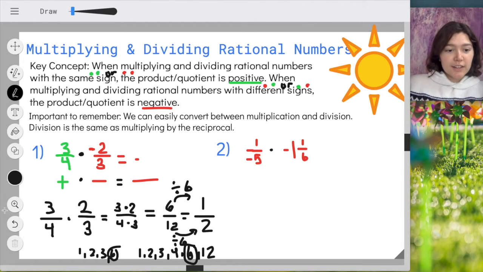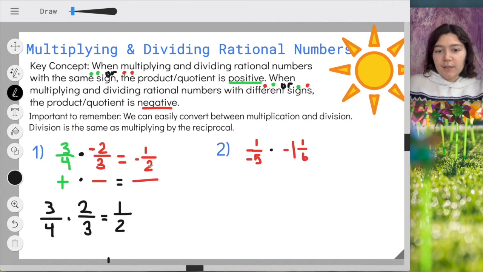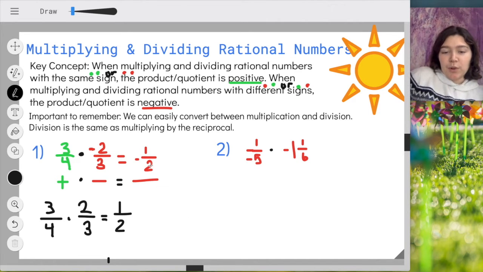So that is the correct product, not 1/2, but -1/2, because we already determined this is going to be a negative number. All right, let's look at our second example. We have -1/5 times